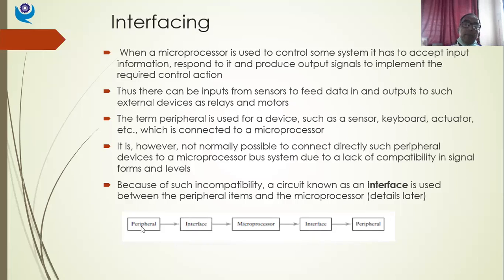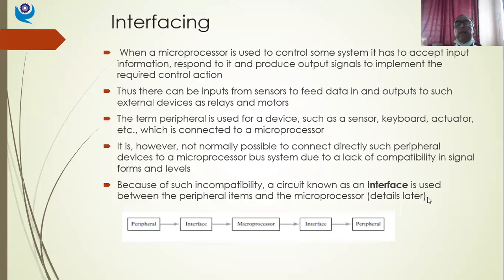Both at the input end, peripherals and interfacing devices provide input to the microprocessor. Then from the microprocessor, output will be generated. Then one more interfacing circuit is used at the output end, and then it will be given to the peripheral. The peripheral at the output end, as I said, can be an electrical actuator, solenoid valve, pneumatic actuator, hydraulic actuator, electro-pneumatic or electro-hydraulic actuator, or a DC motor, maybe a stepper motor or AC motor. Whatever the actuating elements are will be our peripherals. So this is briefly the use of interfacing circuitry.